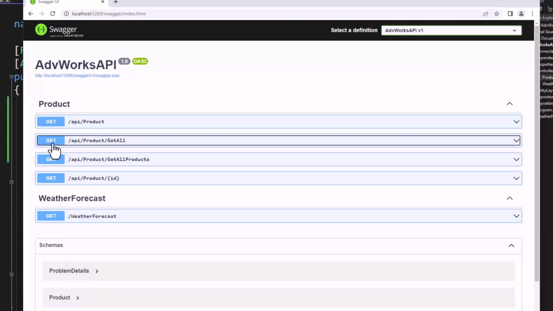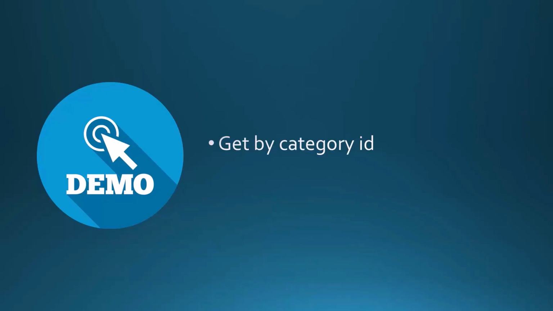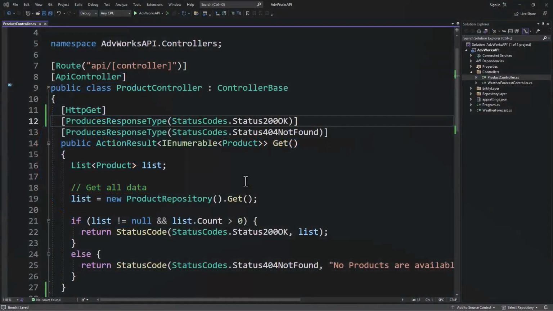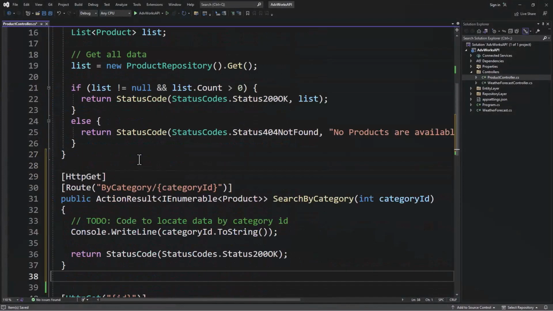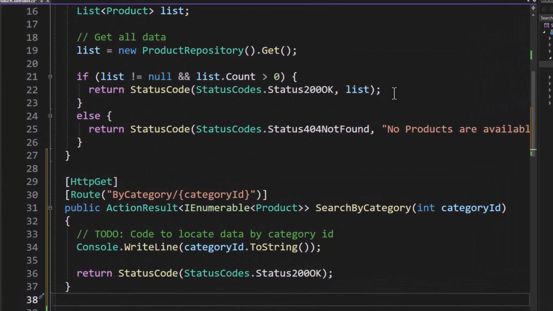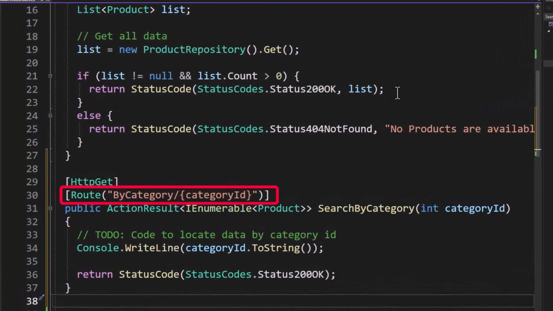Now, just like the get that we have there that we pass an ID to, what if we wanted to pass something else like a category ID and get all products by a specific category ID? Let's take a look at how that one works. I went ahead and removed all the route attributes from that original get, but let's now add another method down here. So now you can see this route. It's called by category